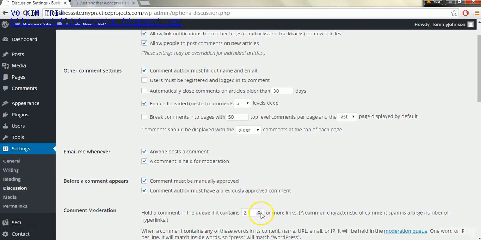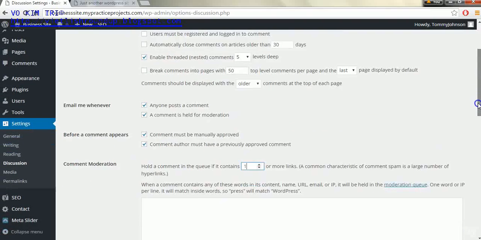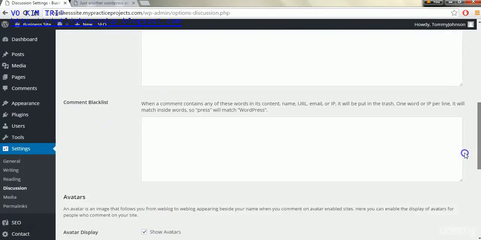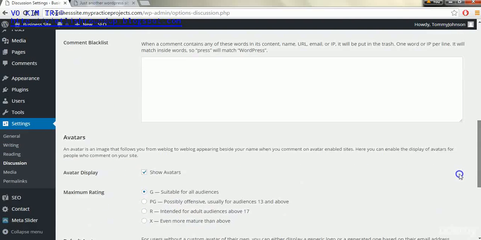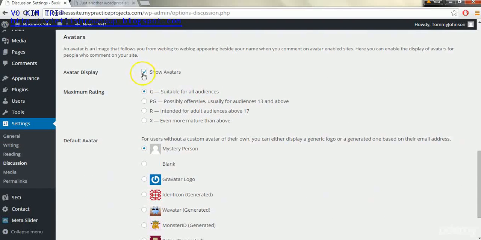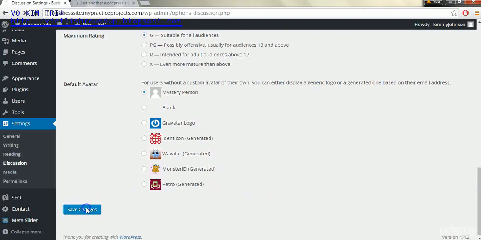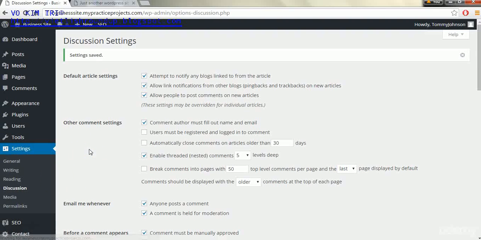I like to click that one, and I like to lower this so a person can only use one link in a response or a comment, so they don't spam you with their own links or something like that. This is if you want to use avatars, and this talks about what audience level it's suitable for your website. I'm just going to click Save Changes here, and now I'm actually going to skip media, and I'm going to